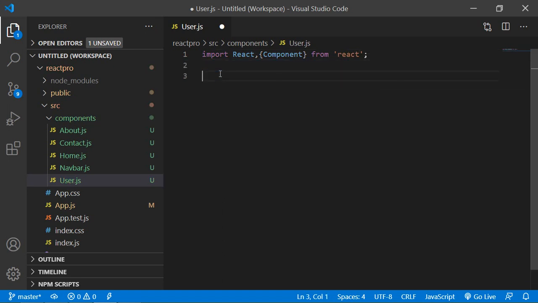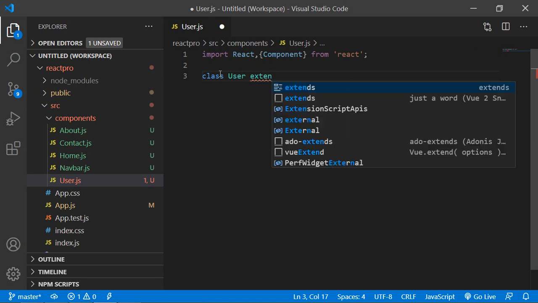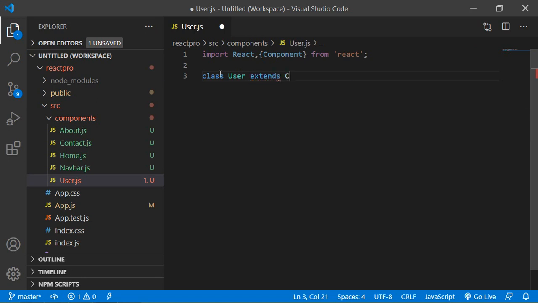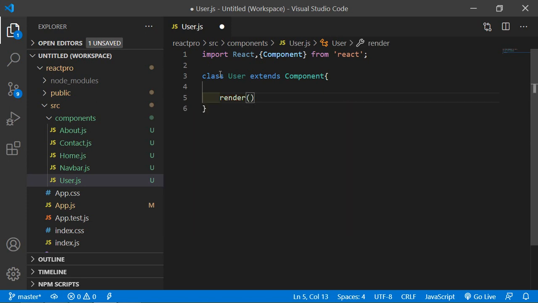Alright, now create a class, so just write class and the component name, which is User, extends Component. Right, now add here the render method, so just write render and inside the render method simply return